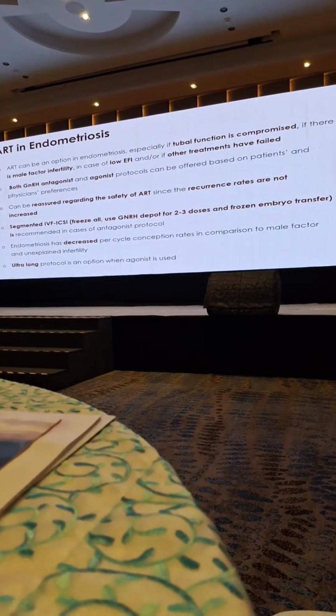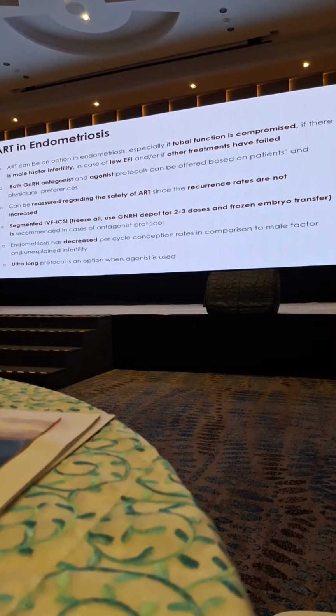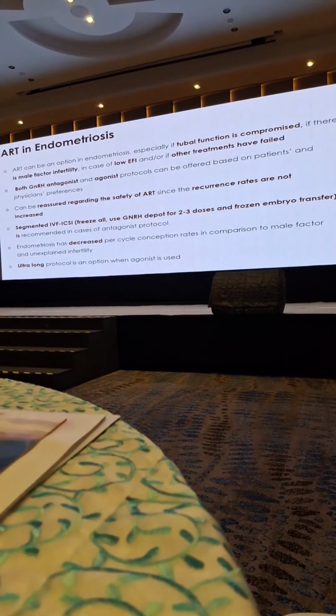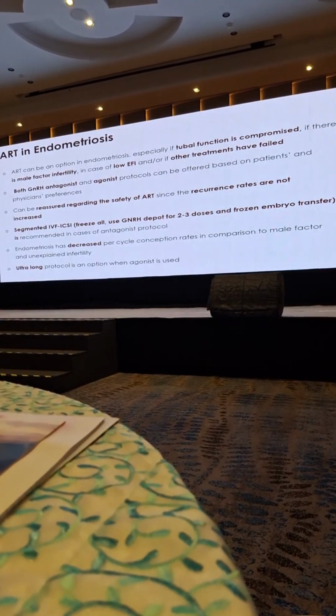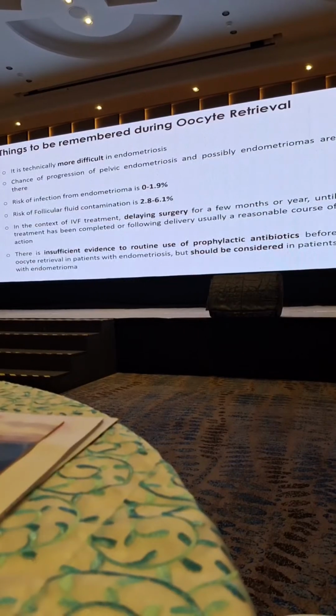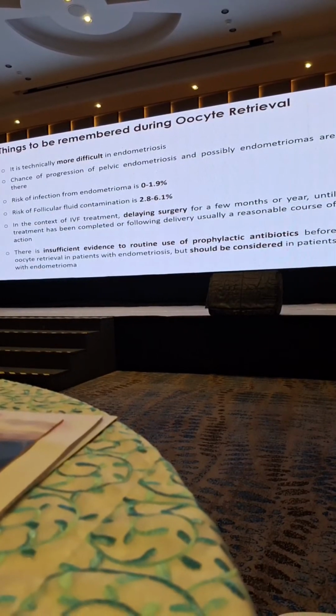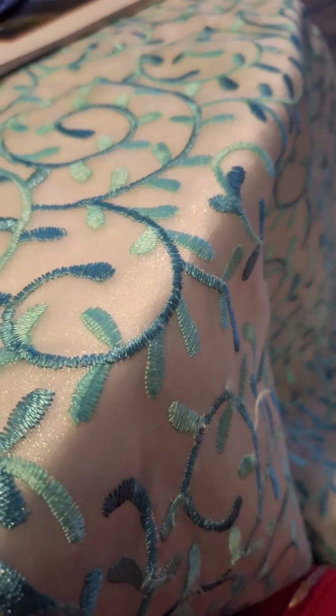Endometriosis has a decreased per cycle conception rate in comparison to male factor and unexplained infertility, which has to be specifically counseled to the patient. Ultra-long protocol is an option when agonist is used, but nowadays the GnRH antagonist protocol is preferred. Things to be remembered during oocyte retrieval: it is technically more difficult in cases of endometriosis. Chance of progression of endometriosis and possibly